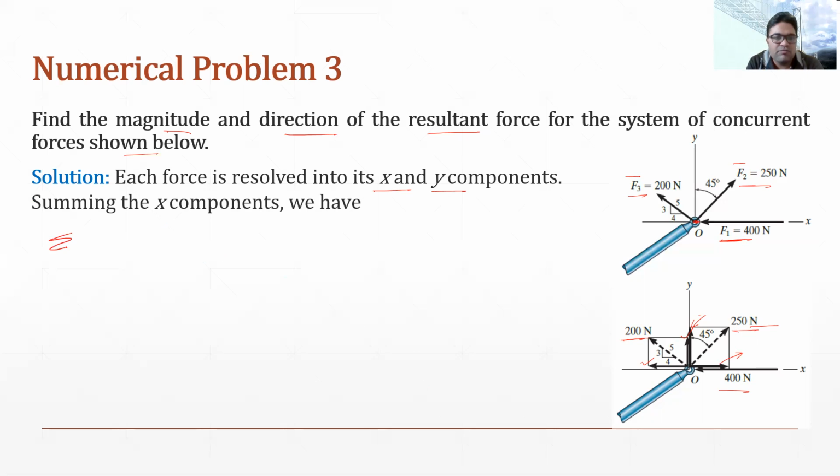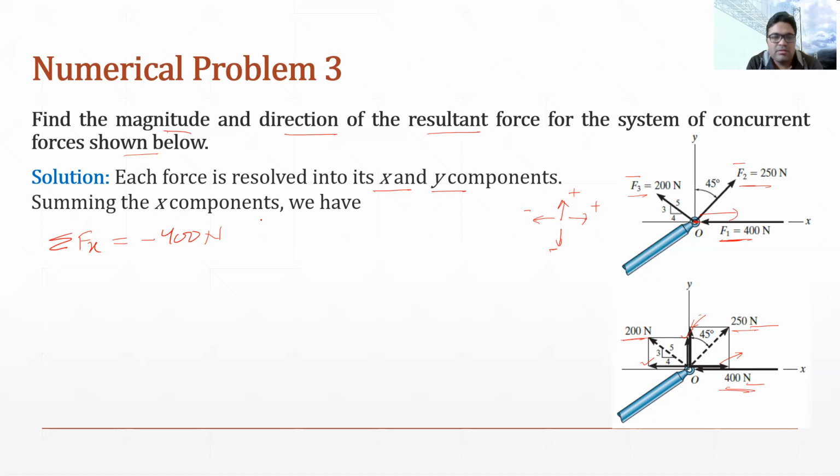So the summation of these three forces will be written as summation of Fx equals, first, force F1, which is 400, and the direction of this force is leftward. We know that upward and rightward forces are positive, and downward and leftward forces are negative. So you can see the 400 Newton force is negative because it is leftward. So I'm writing here minus 400 Newton. Similarly, the next force is F2. The horizontal component of F2, I mean the component of F2 along the x-axis,